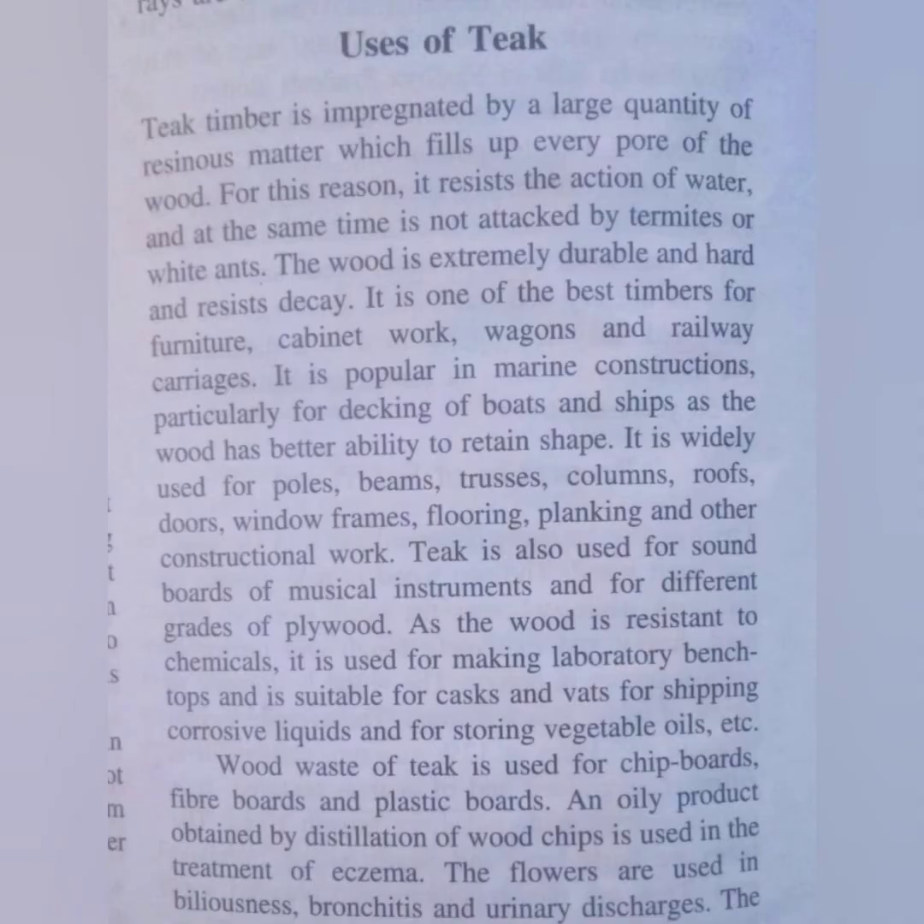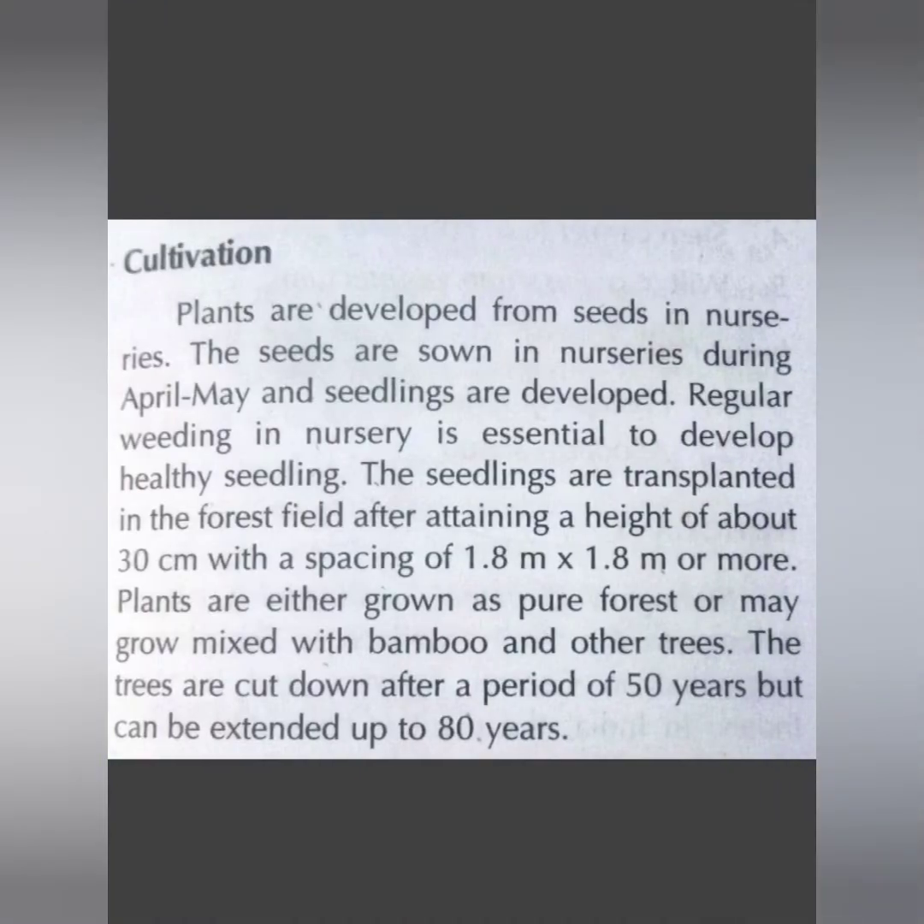And you can see here, okay, let me show you the cultivation. Since the plants are developed from seeds in the nurseries, I have already mentioned that the nurseries are usually sown in the month of April to May. And regular weeding is also very important. Okay, removing weeds in the nursery is very important in order to develop healthy seedlings. And these seedlings are transplanted to the forest field after attaining a height of 30 centimeter